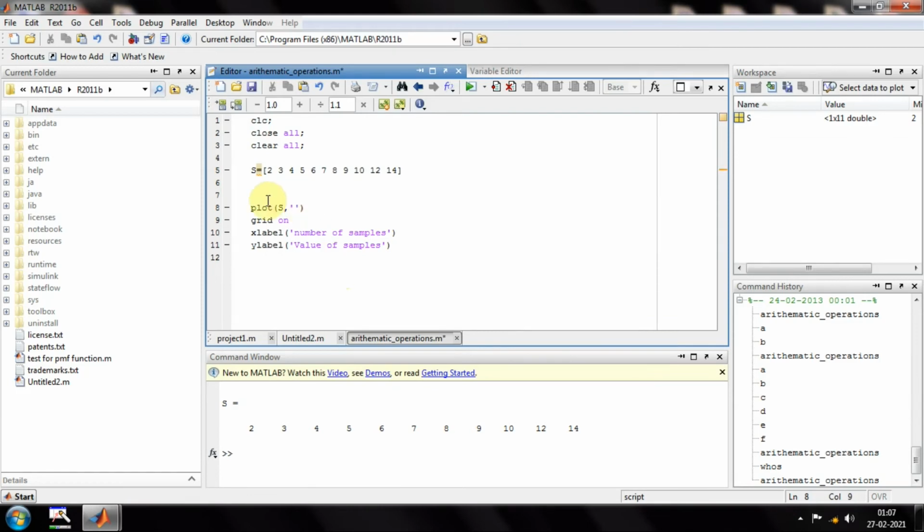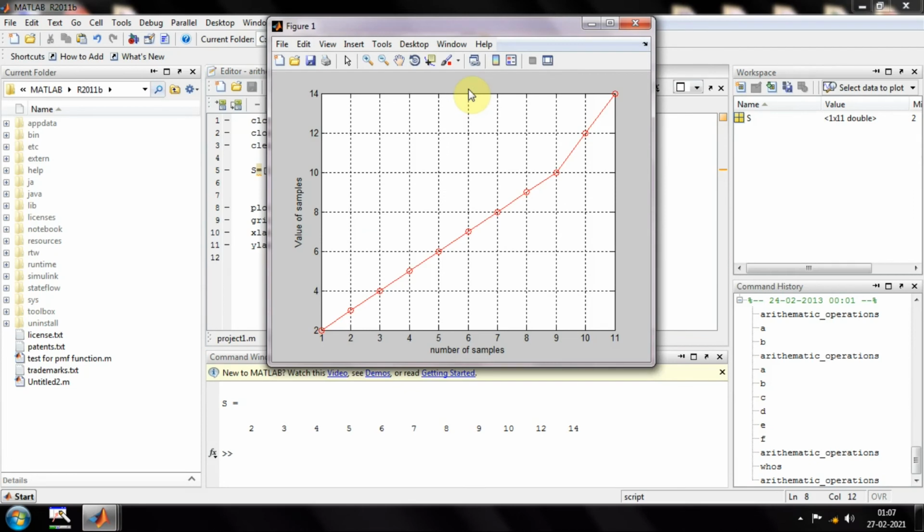So what I can do is change the plot statement here: plot ys comma, and in single quotes I mention the color. If I write minus r o, this will turn the color of the graph into red. I execute this, and you can see my graph color has changed to red.